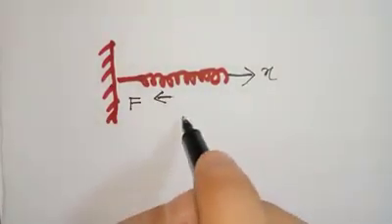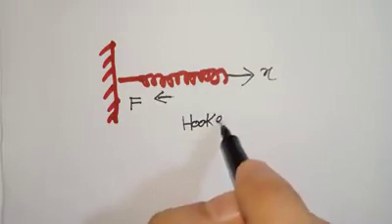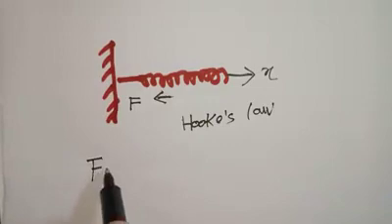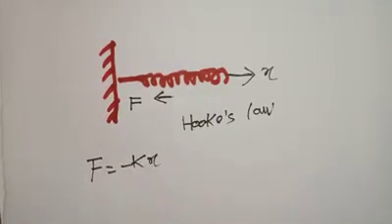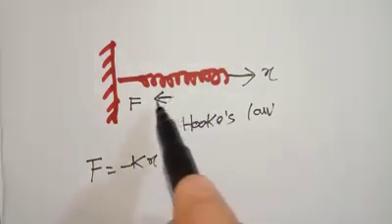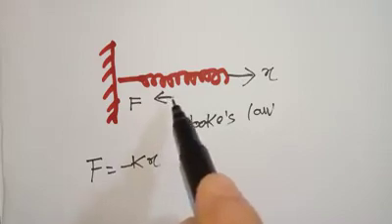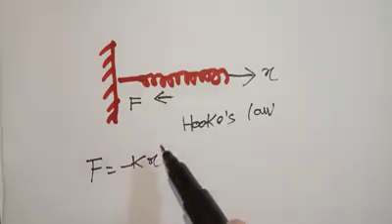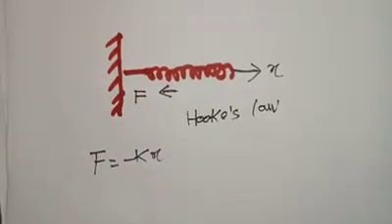So what I can say over here is Hooke's law. Hooke's law states that F equals minus k times x. Why is it minus k? The reason is that if you are pulling a spring in this particular direction, the spring is also moving and exerting a force which is in the opposite direction. So that is why it is negative. That is why it is called F equals minus kx.